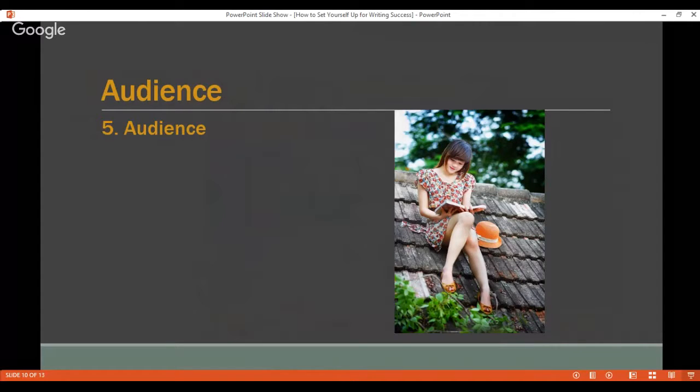So when I go to write each of those blog posts, I have in mind my kids. I'm thinking about them, and I'm thinking about the way that I would write to them and the things that I want to say to them and the ideas that I want to communicate. Because if I think about the things that I want to pass on to them, the blog entries are going to be something that I do want to pass on to them.